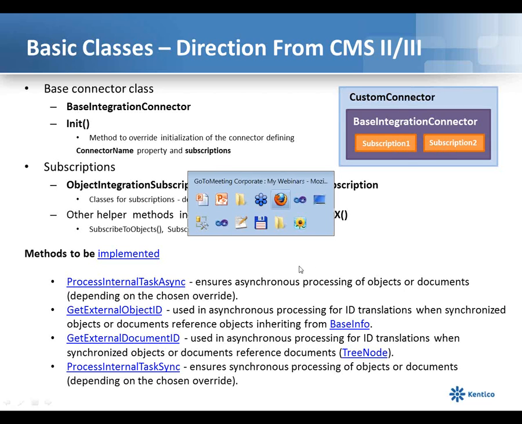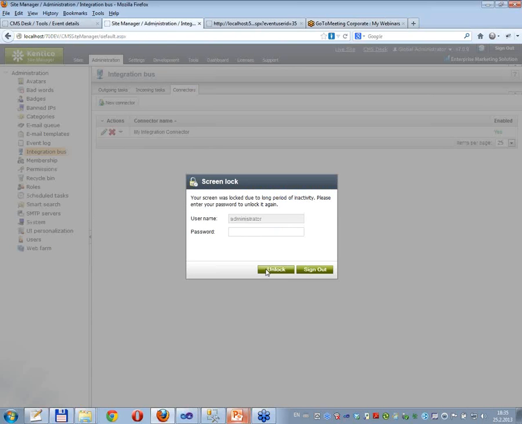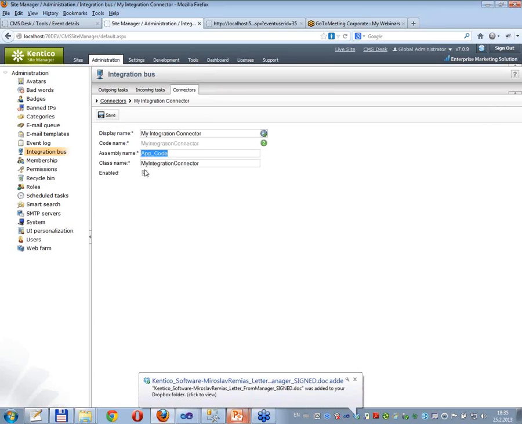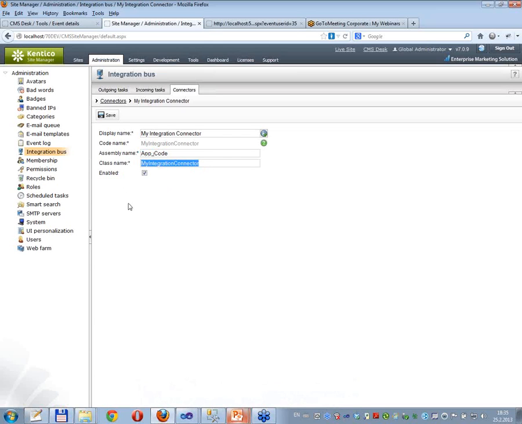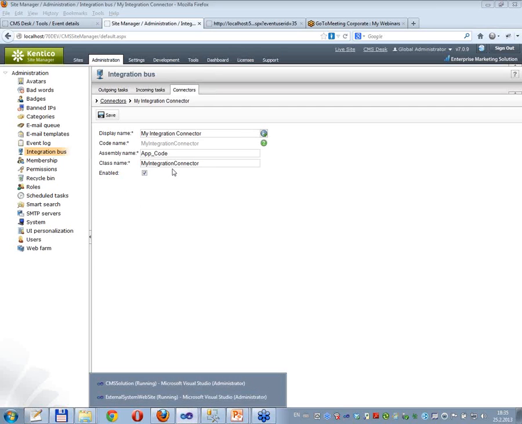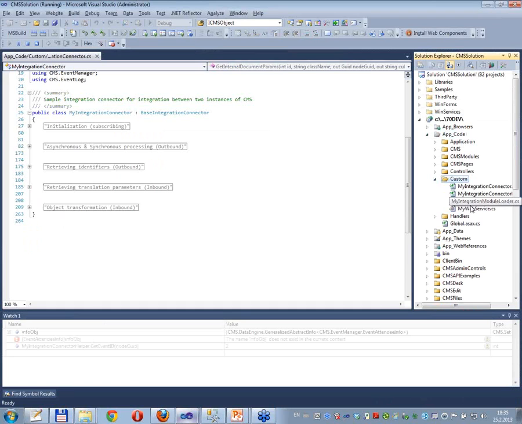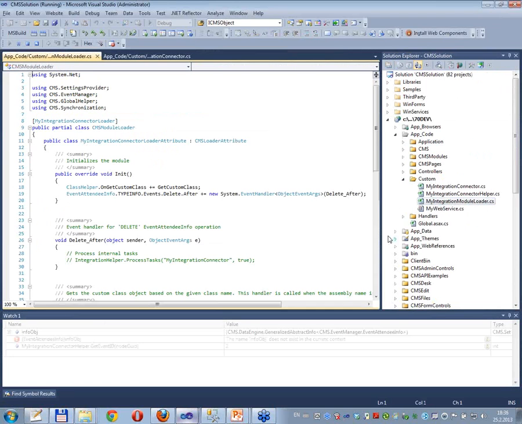First of all, we need to register our connector for the integration bus module. So it's done here in the backend of the system. If I show you, this is my connector. It's provided from app code. You can do it from a DLL file assembly. In my case, I've done it from app code, and this is the class name that is going to be used. For that purpose, if I do it like this from app code, that means that I need to have a class loader file,